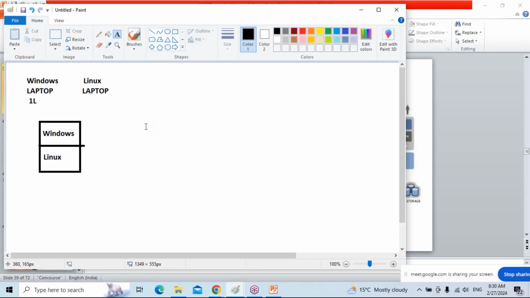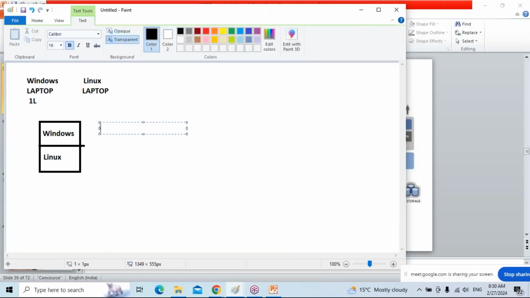Rather than purchasing a new laptop or desktop, in one hard disk I can install both operating systems, Windows and Linux. While booting, it provides an interface asking whether you want to boot from Red Hat Linux or from Windows. In the earlier days, when there was no virtualization, we used to use this concept. 10 years back, I used to take Windows administration and Linux administration both.